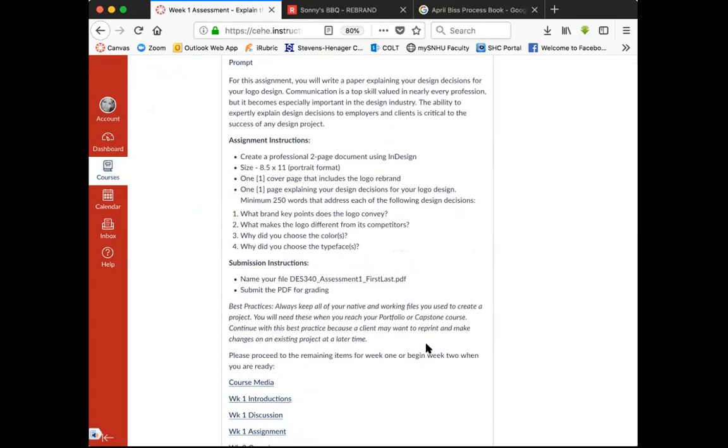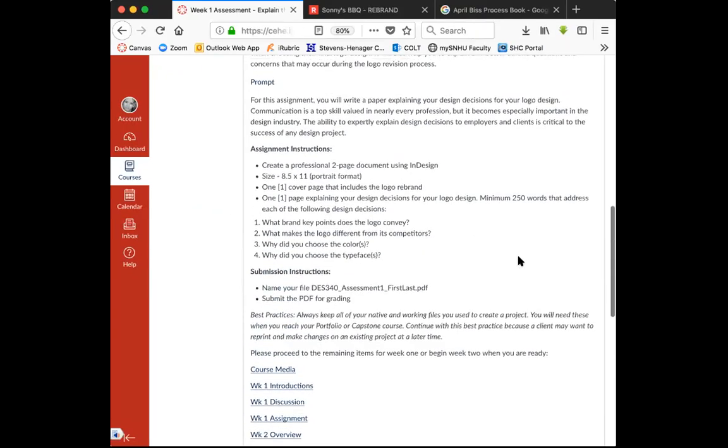So this is kind of like a reflection of you explaining to the client why you did what you did. And this is why the process is so important, because you can even write about how you started doing the research for the company. I noticed these keywords. I noticed the company, and bring up some key facts about the company, maybe bring up some adjective words that you were basing some of your concepts on. Explain the process and how you came up with what you came up with.